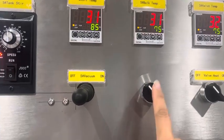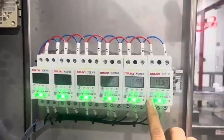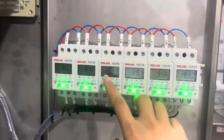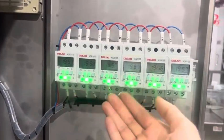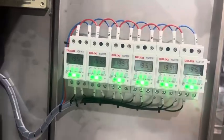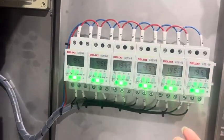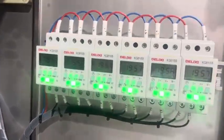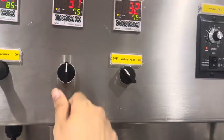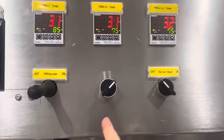And for the time setting, we need to go here. Control box here. It's a time setting button, and it will give you the options menu. You can set the time units. For example, every day from which o'clock, which time it will start heating. Okay. So this is one mode, and if we switch to this mode, it means that